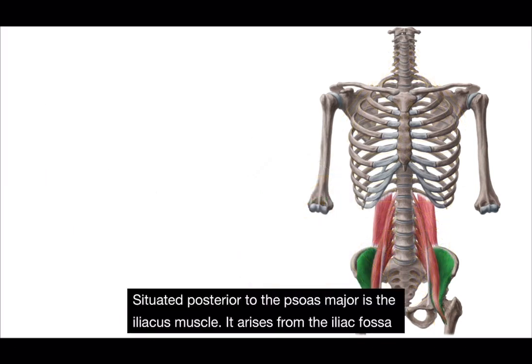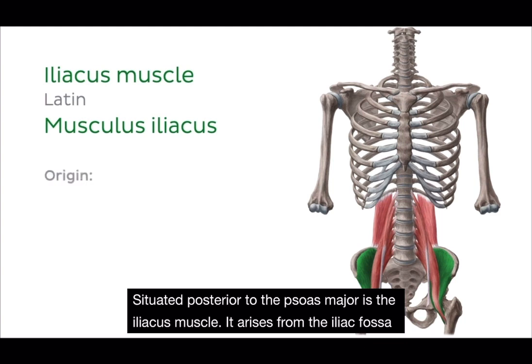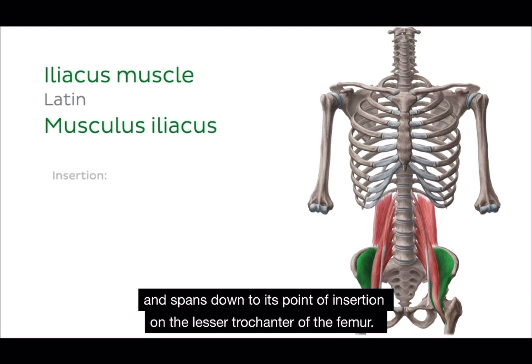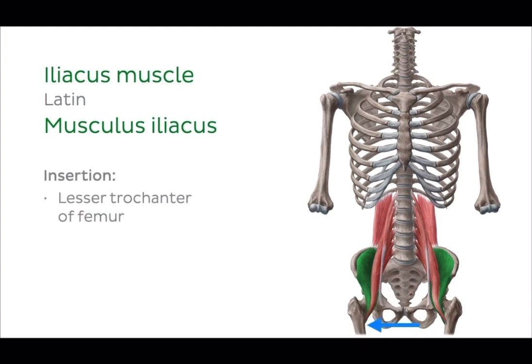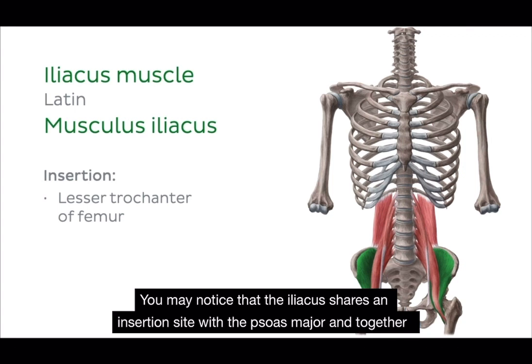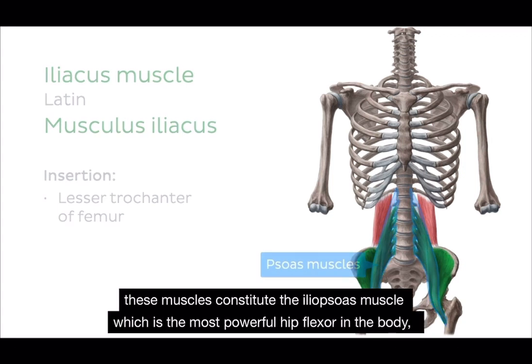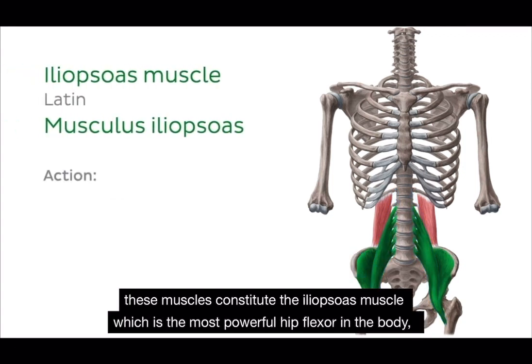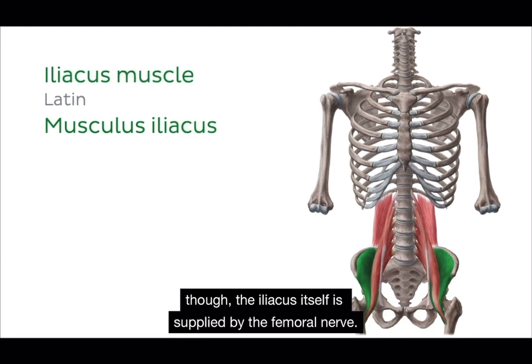Situated posterior to the psoas major is the iliacus muscle. It arises from the iliac fossa and spans down to its point of insertion on the lesser trochanter of the femur. You may notice that the iliacus shares an insertion site with the psoas major, and together these muscles constitute the iliopsoas muscle, which is the most powerful hip flexor in the body, though the iliacus itself is supplied by